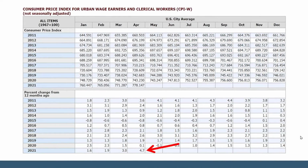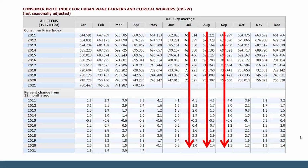But going right to the website of the Bureau of Labor Statistics, they show us what's going on here, and we can look at this on a month-by-month basis. In April, we had the biggest increase in easily a decade for one month. Now, that doesn't mean we're going to have a 4.7% cost of living adjustment, because it has not yet been determined. It's going to be based off of what we have in July, August, and September. And so it's the third quarter of the year. Whatever that averages out to be is what will be the cost of living adjustment for the next year,